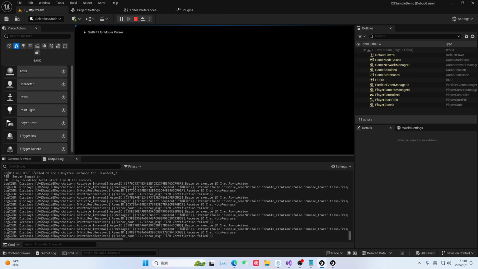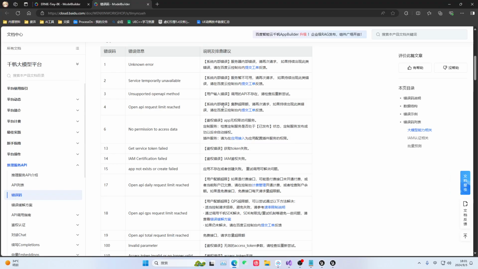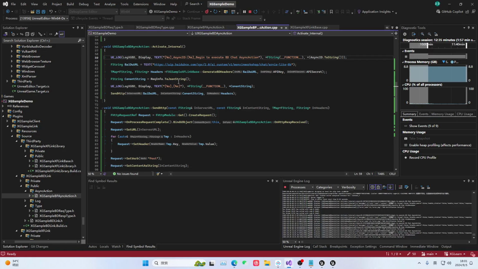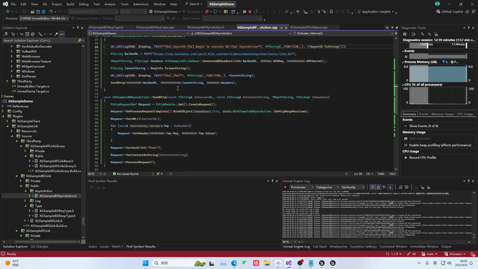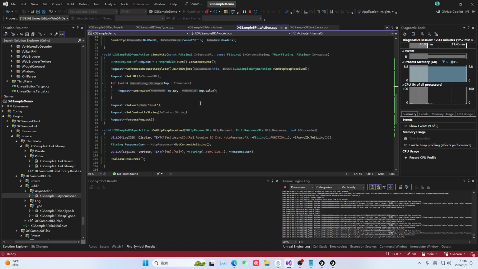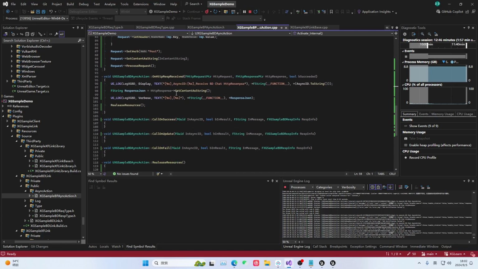The reason for the failure is simple. It's still this failure. You can see authorization failed here. The reason for the failure is its encryption method is different from that of Shunfei. We need to rewrite a new encryption method. So how should this encryption method be written? We investigated it. After we added the key,